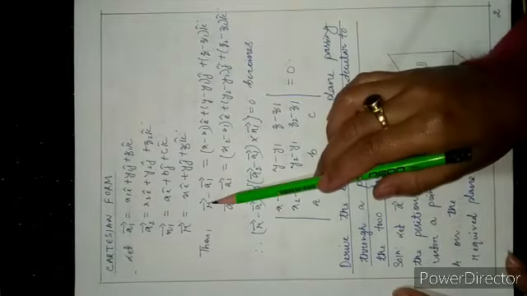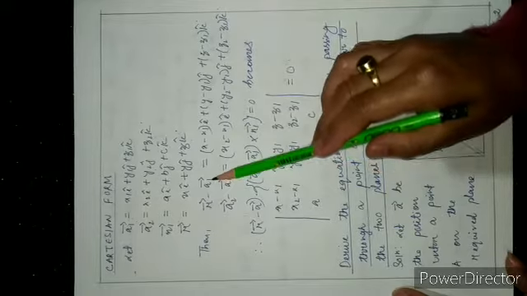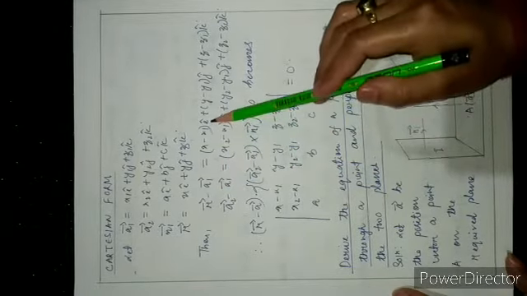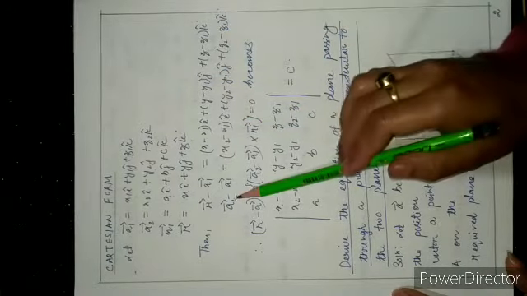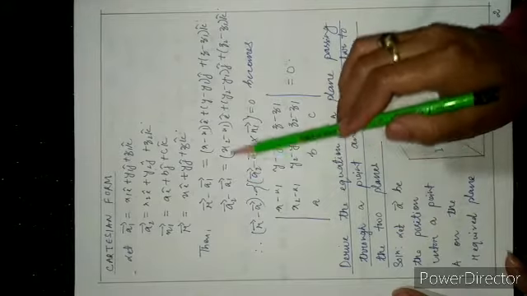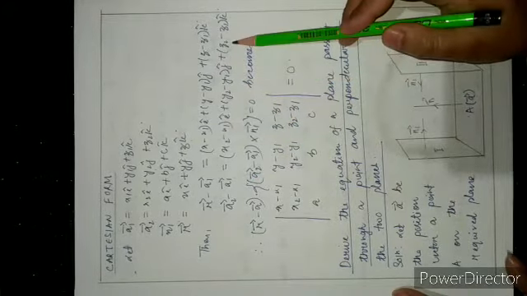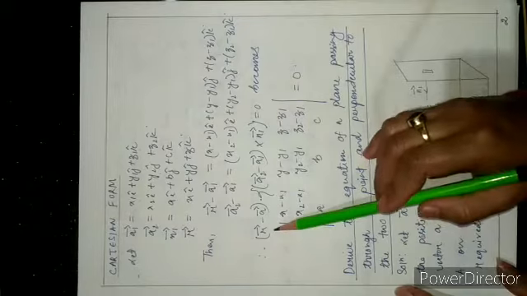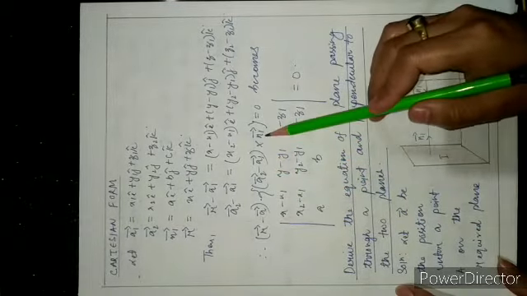In equation 1, the expression r vector minus a1 is x minus x1 i cap, y minus y1 j cap, and z minus z1 k cap. Next, a2 minus a1 is x2 minus x1 i cap, y2 minus y1 j cap, and z2 minus z1 k cap, subtracting the components. And so the equation r vector minus a1 dot a2 vector minus a1 cross n1 vector